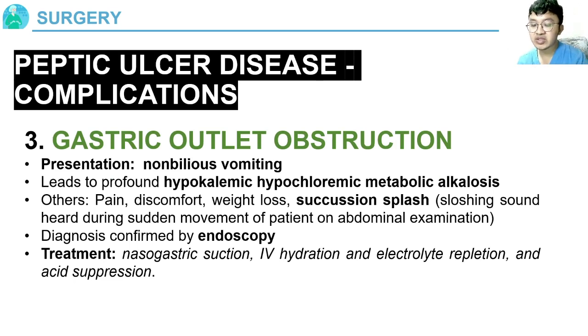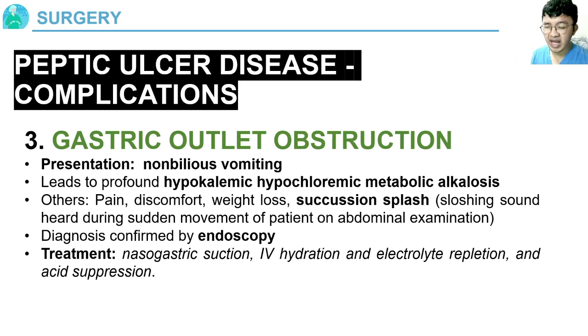Next, for other complications, the third one, you have your gastric outlet obstruction and present with non-bilious vomiting. Why non-bilious? Because again, bile is produced in the duodenum. If the obstruction is at the gastric outlet or the pyloric sphincter, then the vomiting is supposed not to have any bile there. If the vomiting is in excess, it can progress to electrolyte and acid-base abnormalities because again your